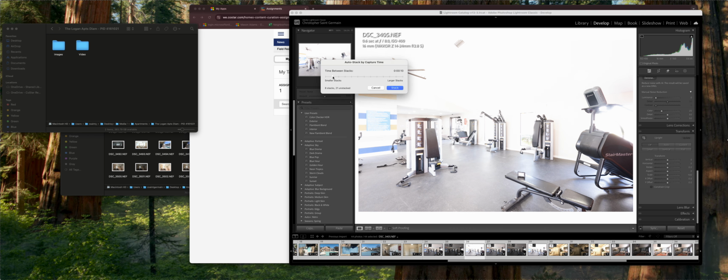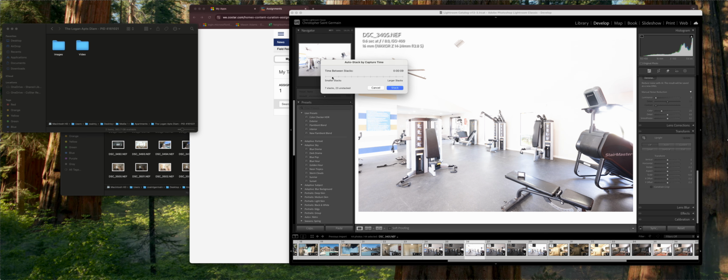I have it set around 10 seconds here. It says it's going to make 8 stacks out of all of these images, and that there are going to be 21 that are unstacked. Well, we have 23 pictures here that were taken with the drone, and those are all single pictures. So it's probably not a large enough space. I have 10 seconds between images. If I take it down to